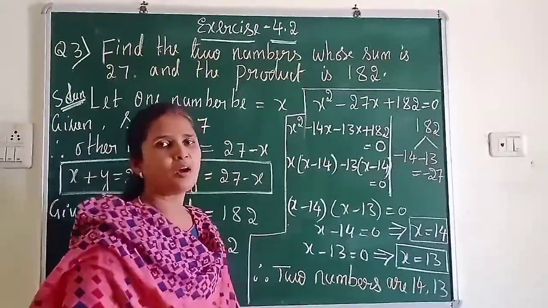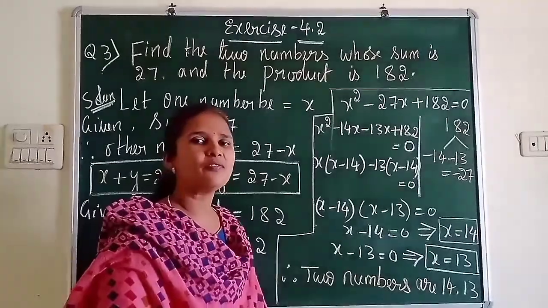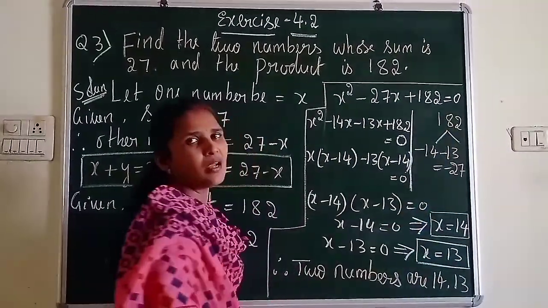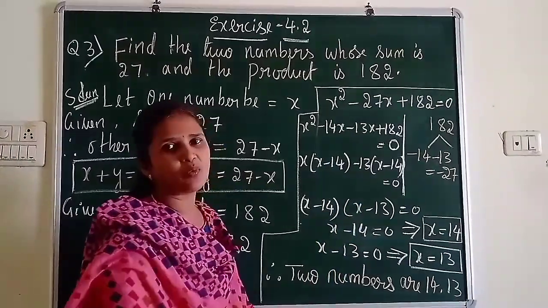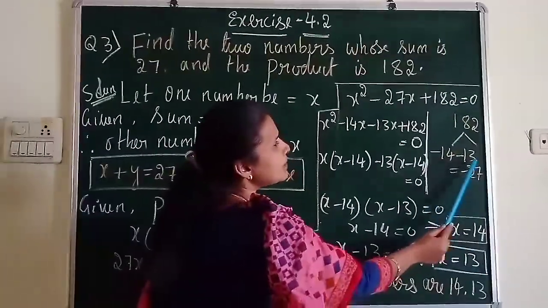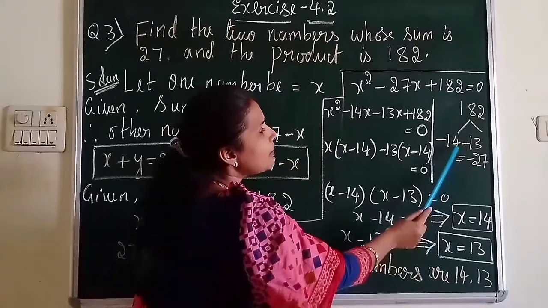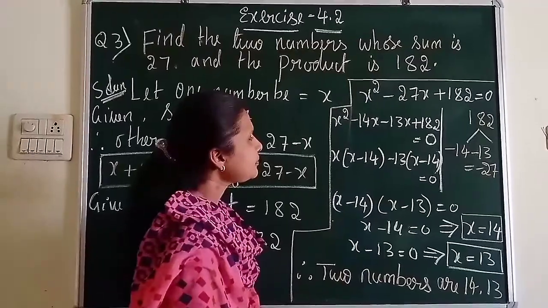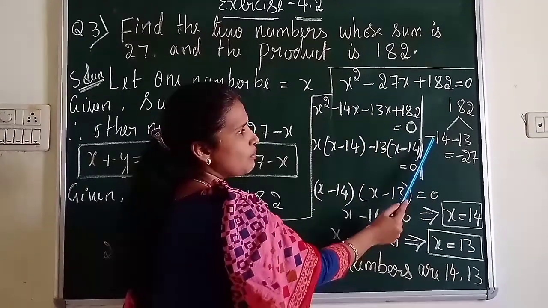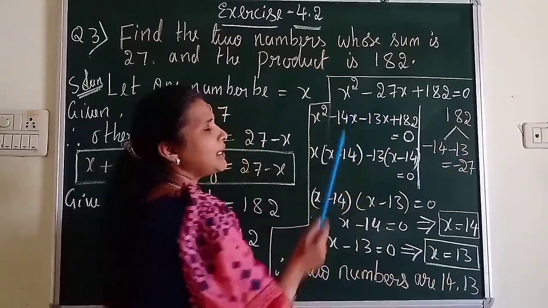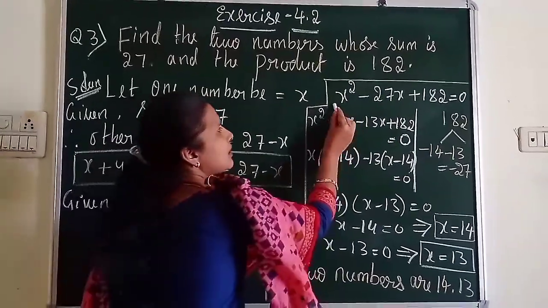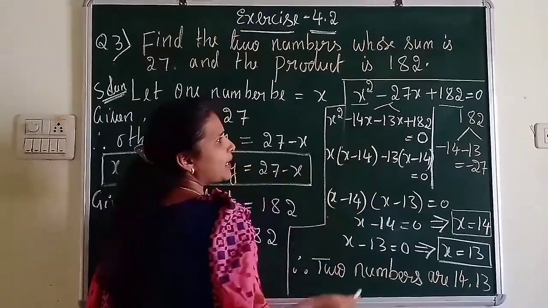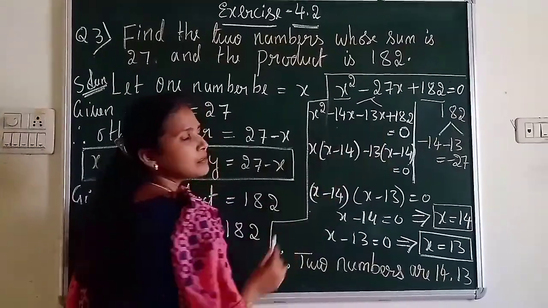And already you know that how to solve the quadratic equation with the method of factorization method. So 1 into 182 is 182. Remember, think the table where you get 182. So here 14 13s are 182. When I add it, 14 plus 13 is 27. But here you have negative sign, so minus 14 minus 13 is minus 27. So keep the first term x square and 182 as it is, and split the middle term into 2 parts, that is minus 14x and minus 13x.